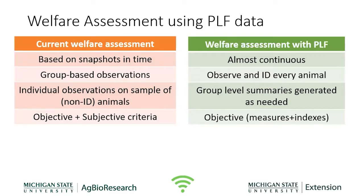Another area where PLF, precision livestock farming data streams could be used is in the area of welfare assessment. Currently, we have procedures for on-farm welfare assessment, which in general consists of looking at or observing certain variables and indicators on either groups of animals or on a limited number of individual animals that are not identified per se,